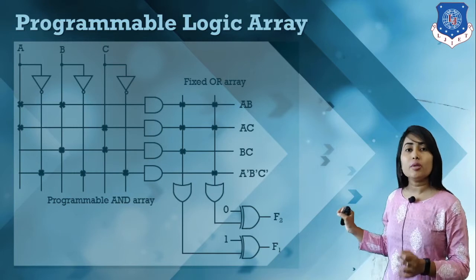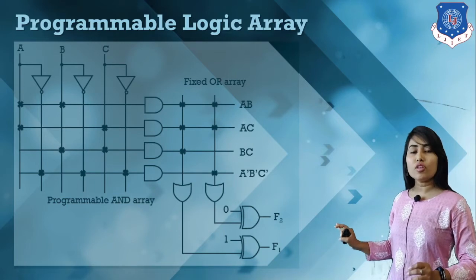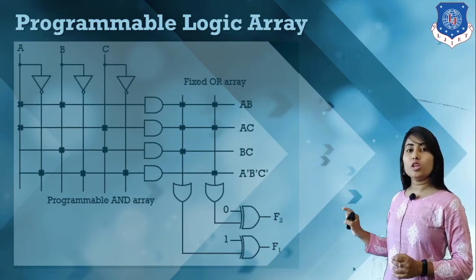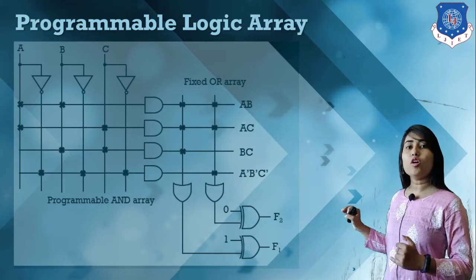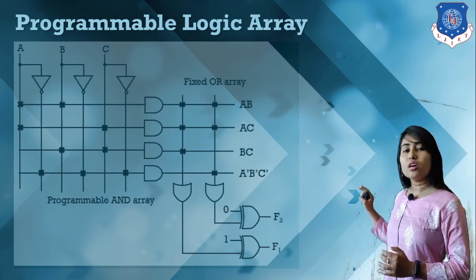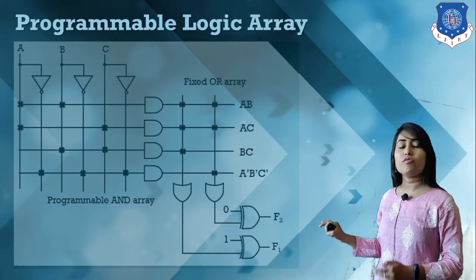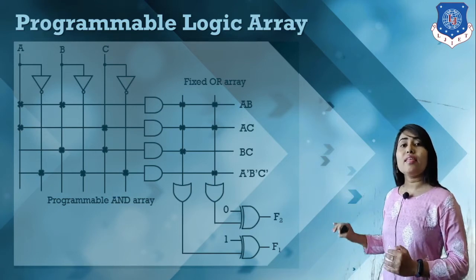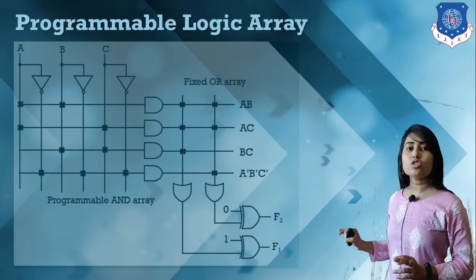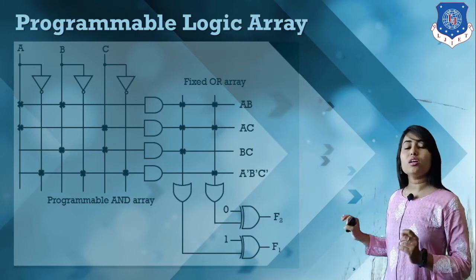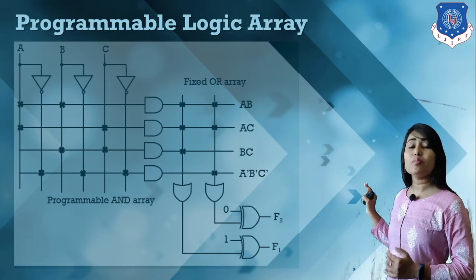Now since we have the complement value of F1, we use this XOR gate. F1 is given to the XOR gate with input 1, so we get the normal form of F1, because we had a complemented form of F1. F2 is in its original form, so we require no change. Here we also use an XOR but with input 0, so there is no change. This is how we can implement F1 and F2.